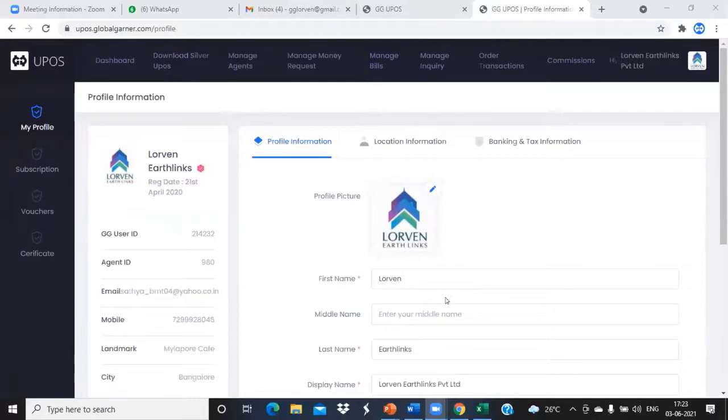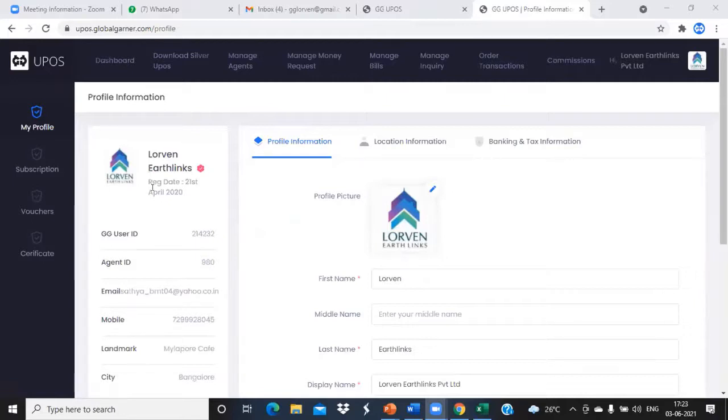Mobile number can be changed. Address can be changed. Bank details can be changed. This detail can never be changed. This is unique for each of the UPOS, like the chassis number, what we call it in the car. This is a unique number. I am going to relate it somewhere else also, so you can just make a note of it and keep it. It will not be used anywhere else, except the place where you want to identify the uniqueness of